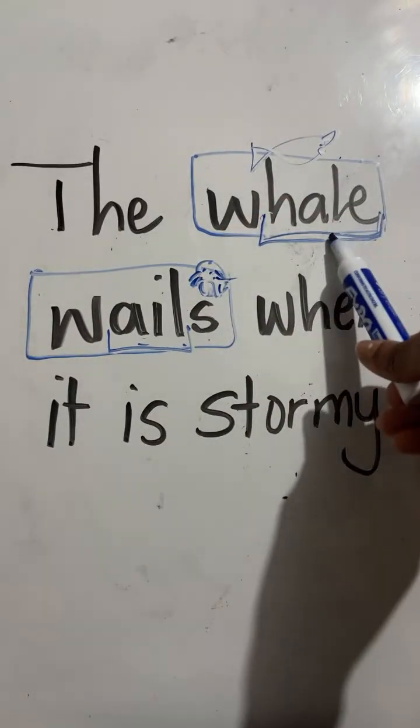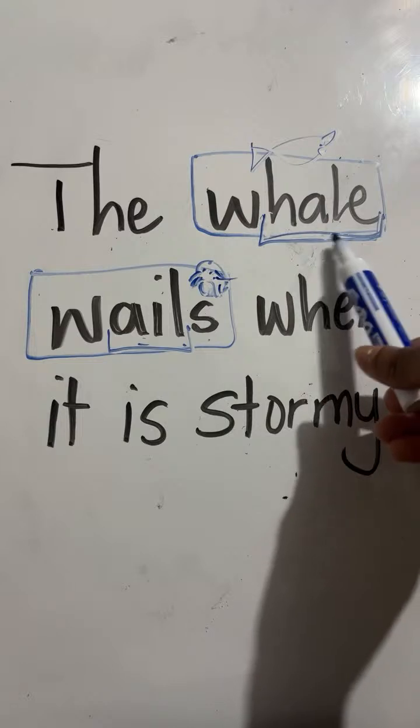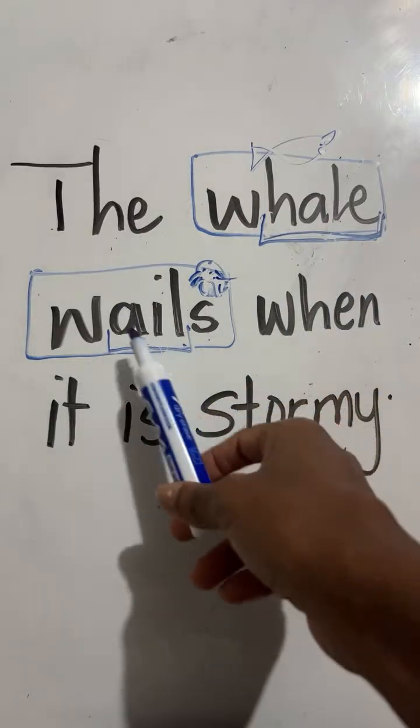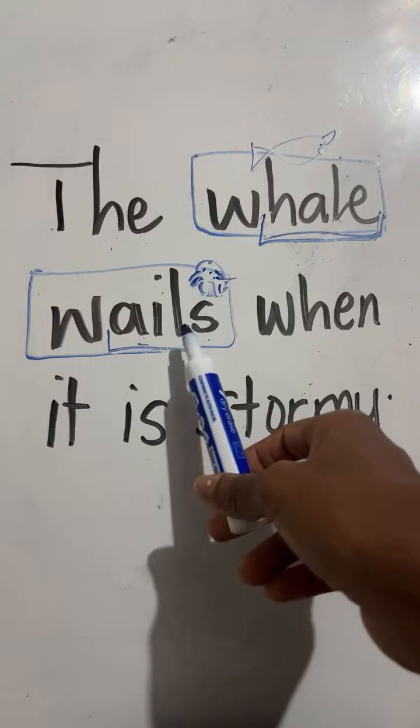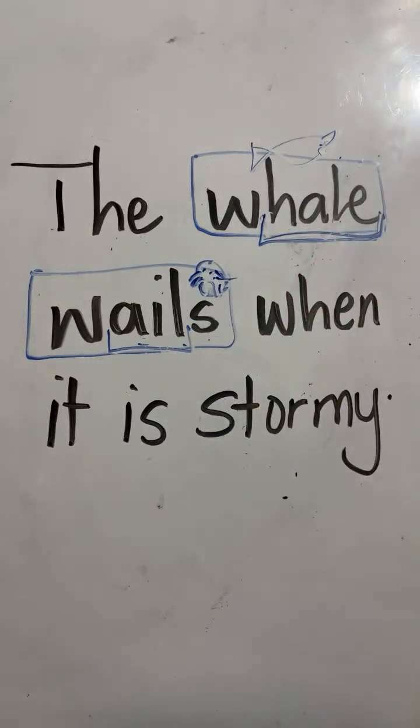So whale, as in the animal, the mammal in the sea. Wail, as in a loud cry or weep. Let's now look at the words that we do not know, or some of them you may know very well. However, let's take a look at these words so that we can learn them.